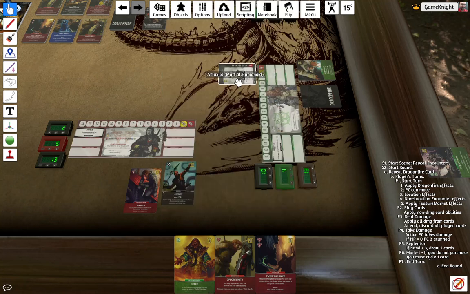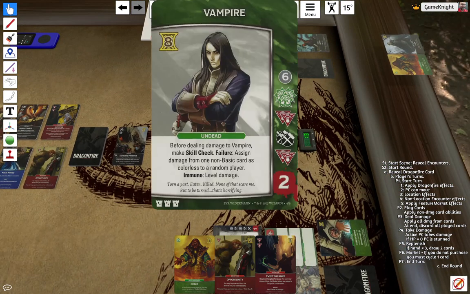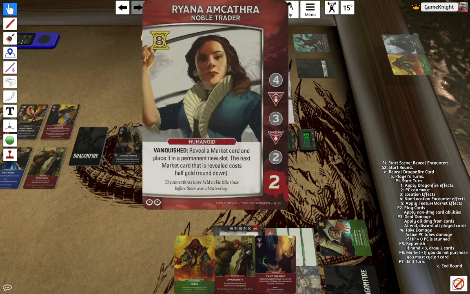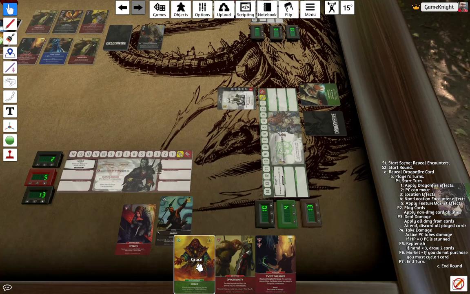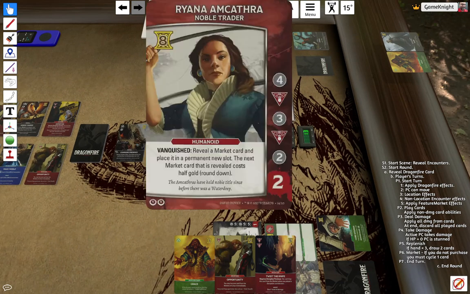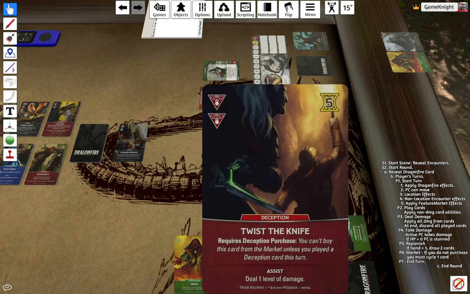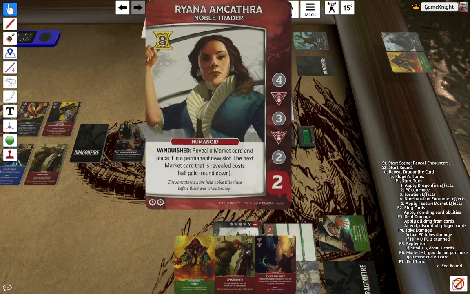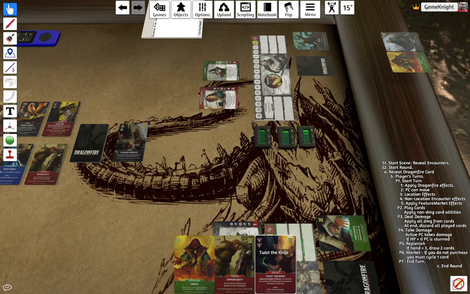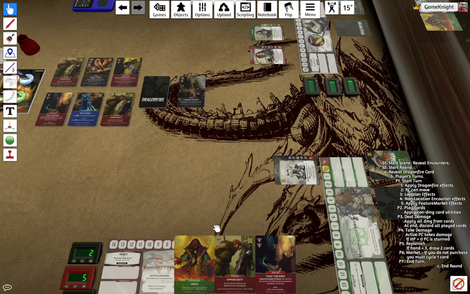So I'm going to use Deception's not going to be very handy. There it is. Yeah, it is actually. And there. So I'm going to use I can deal a level of damage with Twist the Knife. So I could get rid of all 4 of those with this 1 card when it's not my turn. Or I can deal 2 when it's my turn. I'll wait. This one,